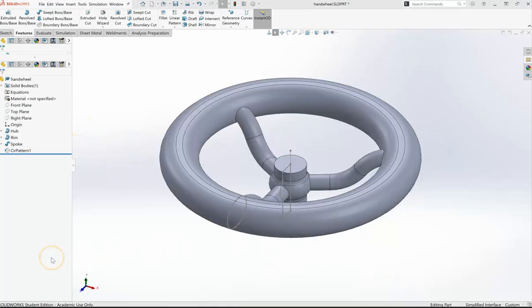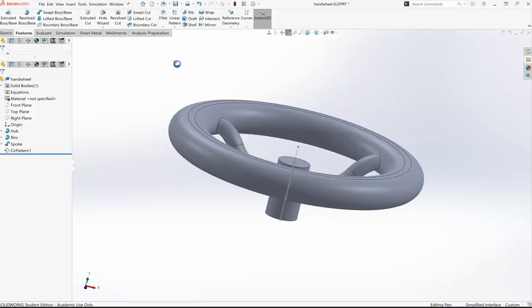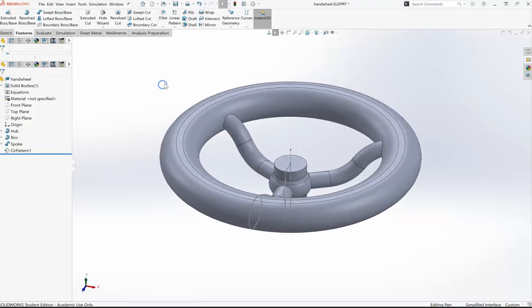So if I want to look at this part, other than the view it is, we know that we can click our view orientation up here. I can also hold my middle mouse button down and I can rotate this all over the place. I can also select this rotate view, and I can also restrict that. Like right now I can move it in any direction, but if I come down here and I highlight, say,